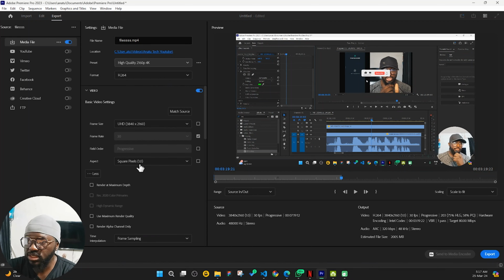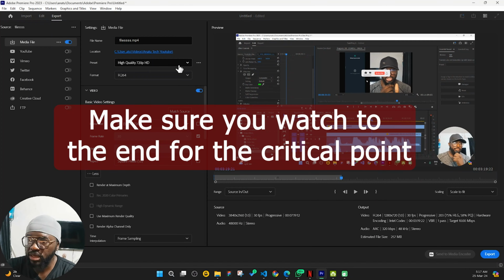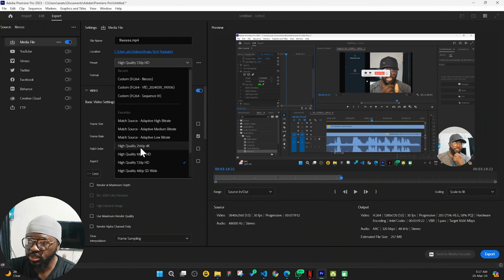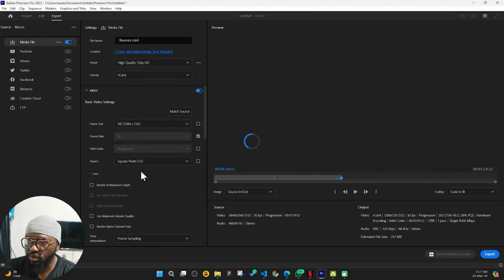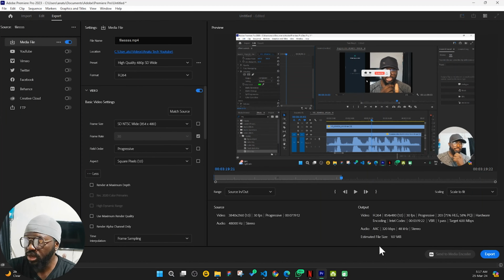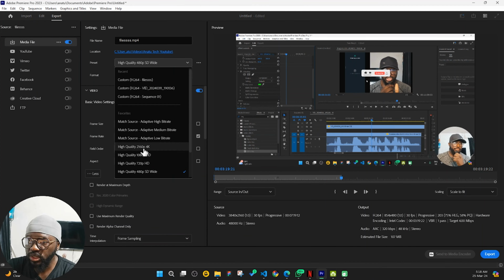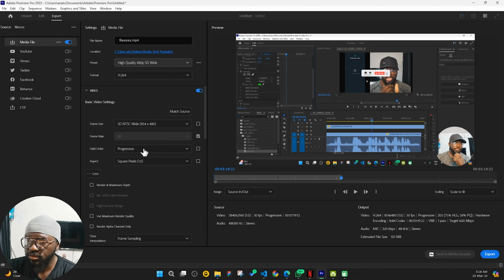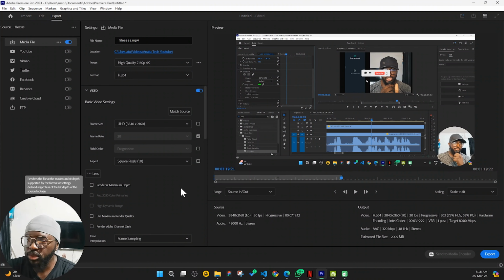like 720p HD. Now you can see the size is 257 megabytes, for example. You can also say you want to export for 480p. Now you have 107 megabytes. But let's say we still left this at 4K. You see we have over 2 gigabytes here. We have 2005 megabytes. So how can you shrink the size of the video